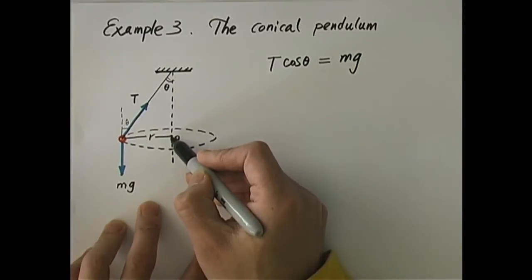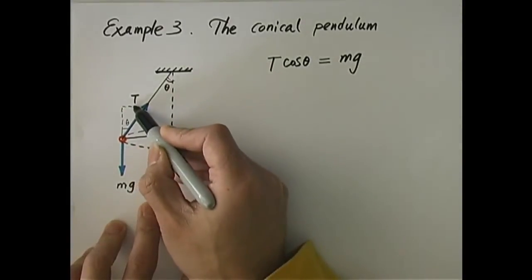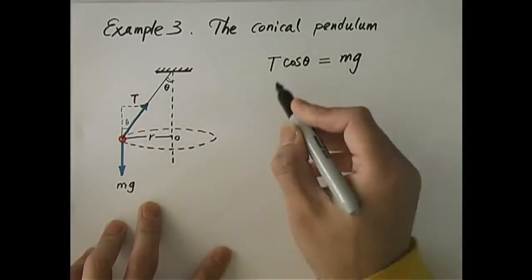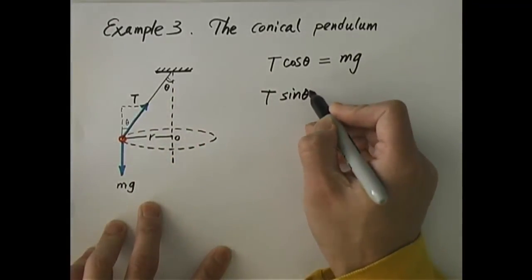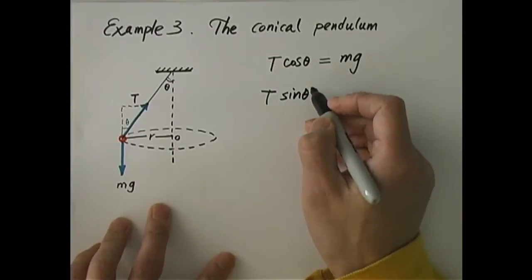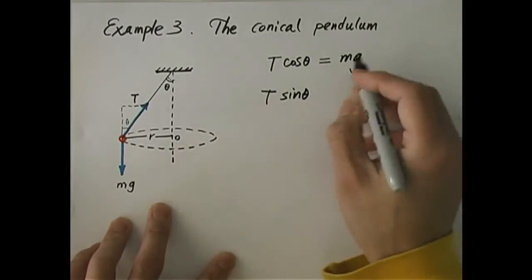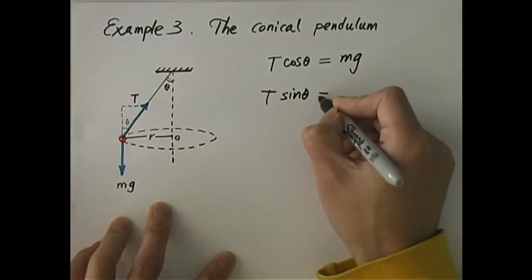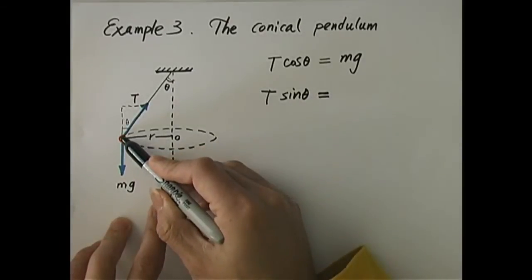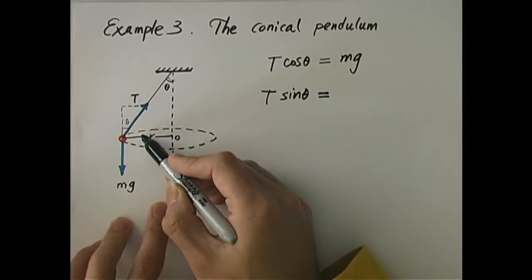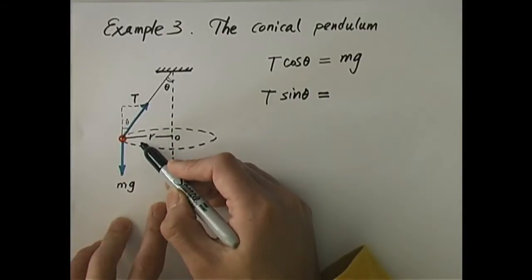And how much is that component? Well, that component, like this, from here to there, will be T sine theta, right? T sine theta. That is the only horizontal net force. mg has no horizontal component. Therefore, it must give you the horizontal force needed for moving in a circle in a horizontal direction, that is